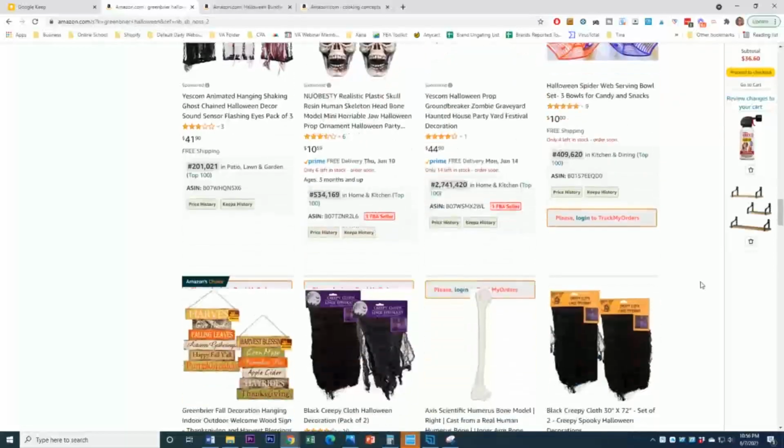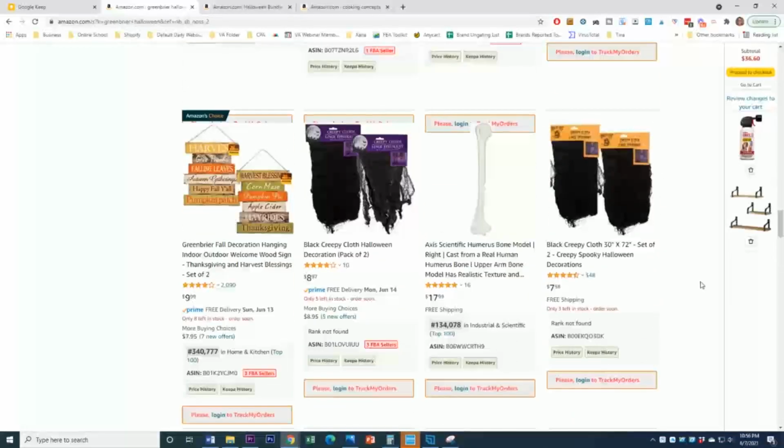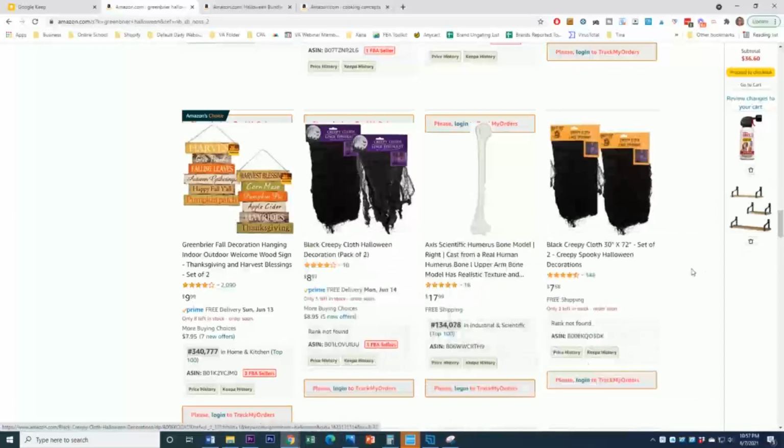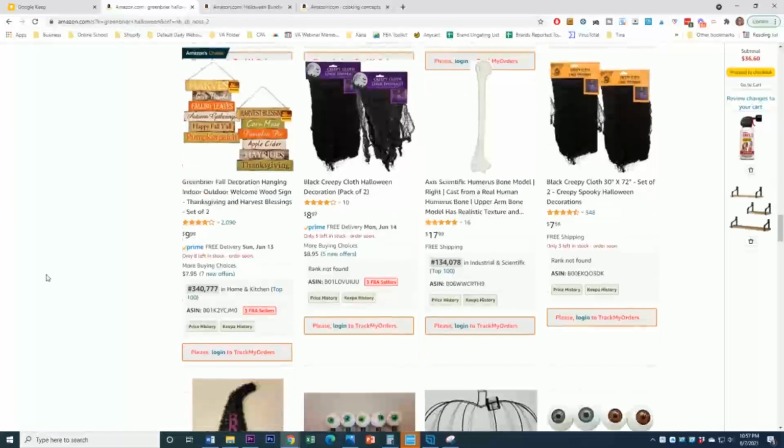We're not going to go into making listings today. I just want to show you some of the sourcing ideas that I do. Oh, I like those spider webs. Or not spider webs. What is this? Creepy cloth. I like creepy cloth too for around the front door. Getting excited about Halloween in Q4 here. Anyhow,